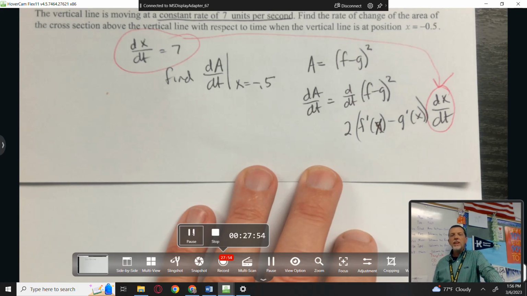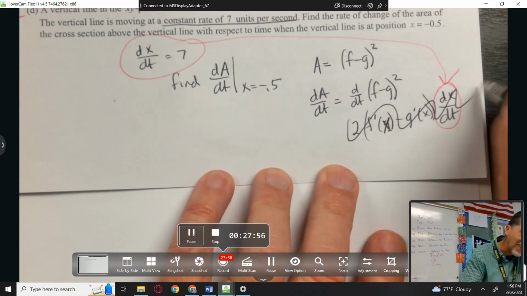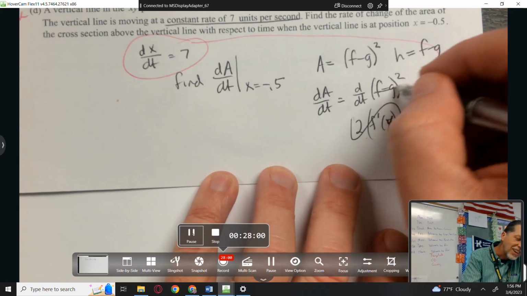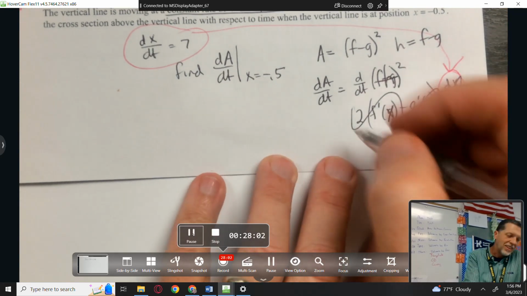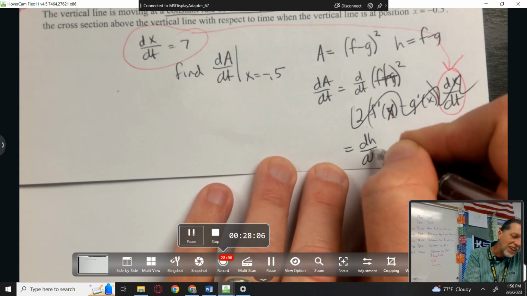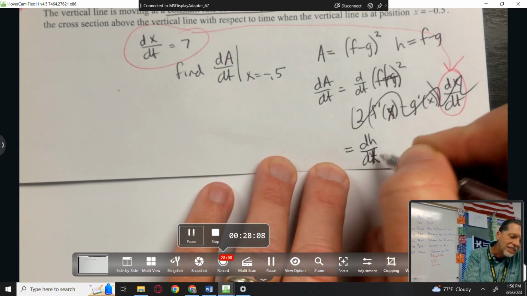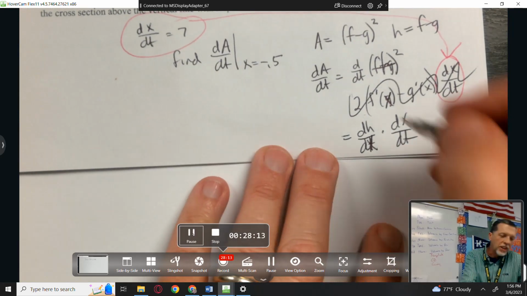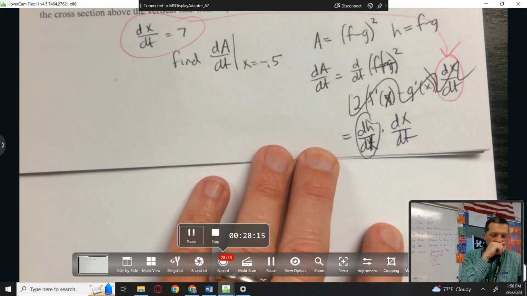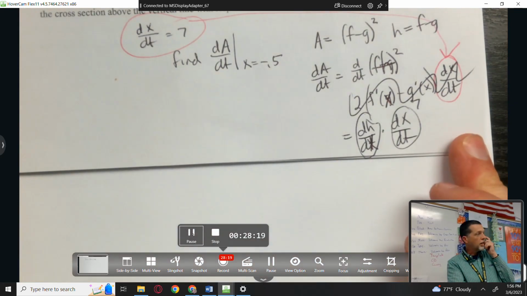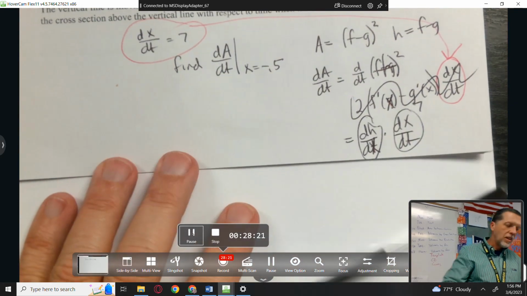Wait, that's not right either. This is why I should have done it in the calculator. I'm going to let h be f minus g. And then, so dA dt is dh dt, or dh dx times dx dt. So dh dx I can get from the calculator. dx dt is 7, and I can go from there. Yeah. Again, part